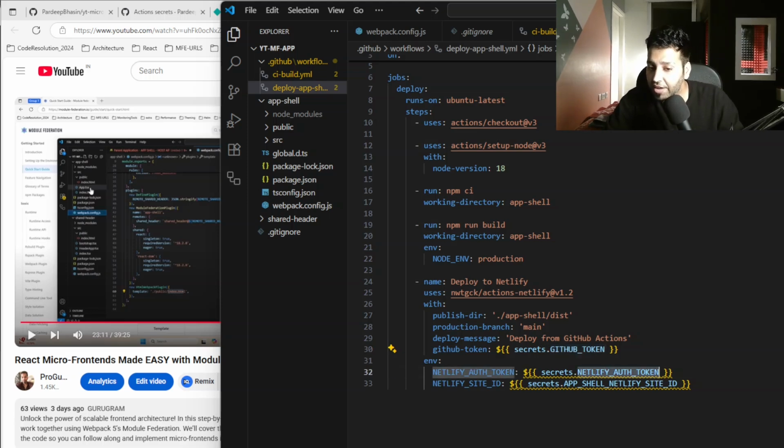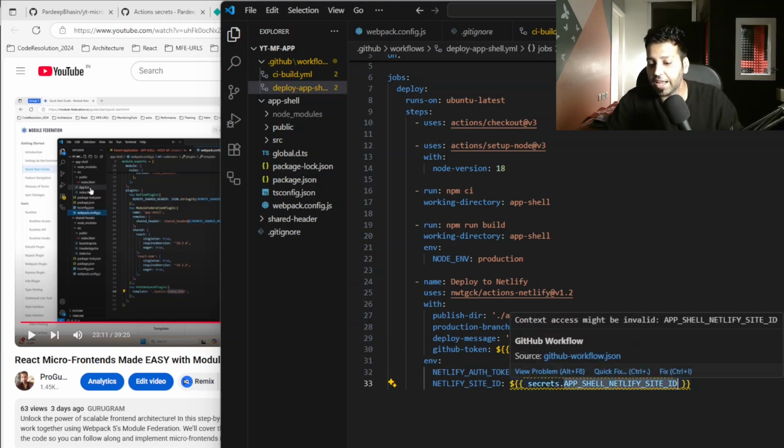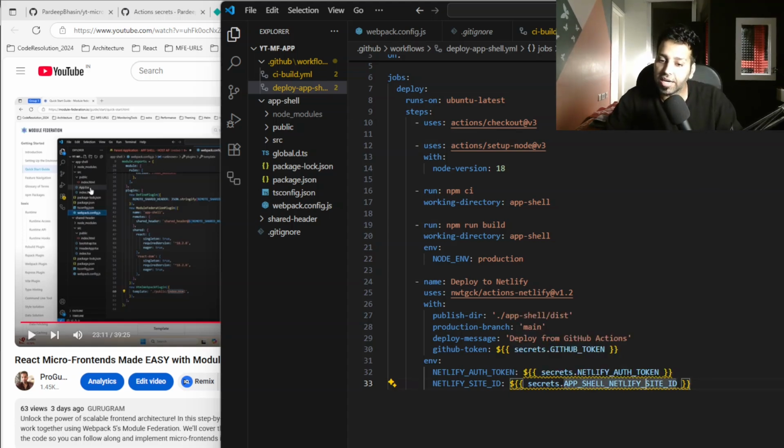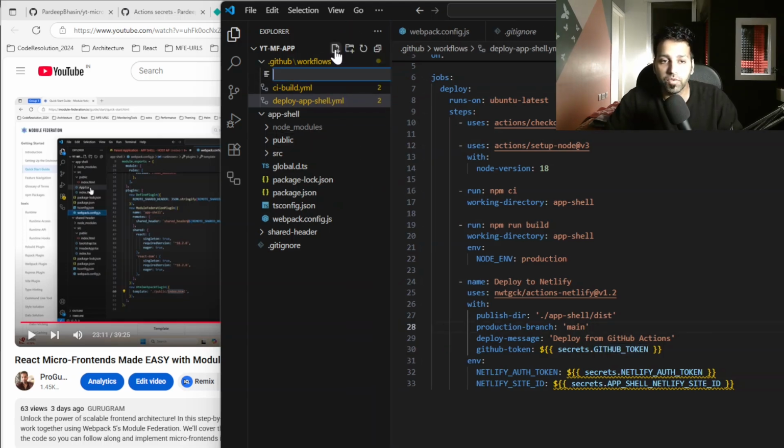दूसरा हमारा नेटलीफाई का ऑथ टोकन लगेगा, और हमारा ये लगेगा ऐप शेल नेटलीफाई साइट आईडी. जब हम नेटलीफाई के ऊपर डिप्लॉयमेंट करेंगे तब मैं आपको एक्सप्लेन करूंगा कि नेटलीफाई की साइट आईडी कैसे क्रिएट करते हैं, नेटलीफाई का ऑथ टोकन कैसे क्रिएट करते हैं, और गिटहब के ऊपर गिटहब टोकन कैसे क्रिएट करते हैं. ओके, सो नाउ आई एम जस्ट गोइंग टू क्रिएट द अनदर फाइल, which will be deploy, okay,